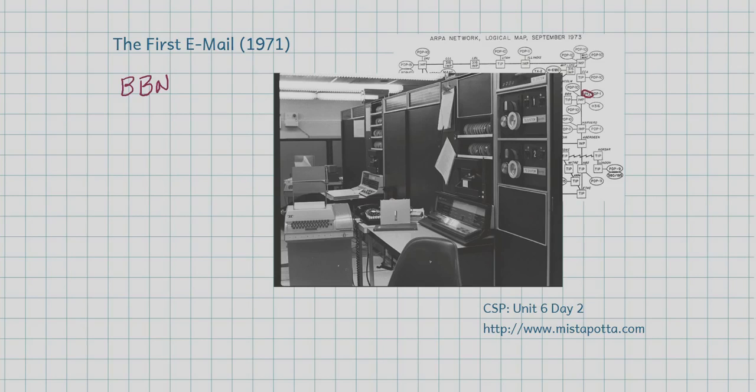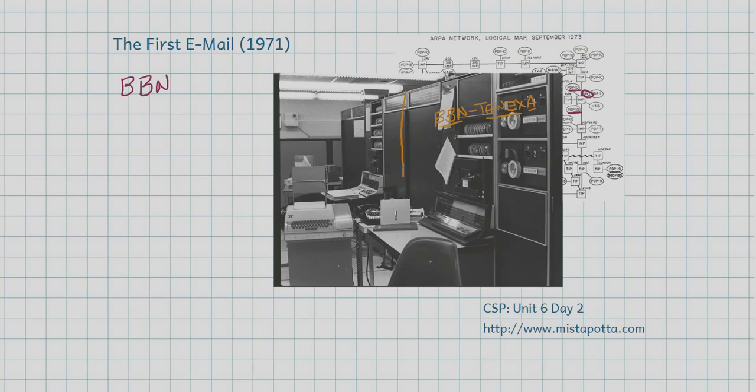Now, you can see BBN is right here, and you see two computers here. These are the PDP-10 computers. These were one of the mainframes that were really prevalent in the late 60s and early 70s, and it's a picture of them right here. So this computer in front is called BBN-10X-A. BBN by the name of the company, hyphen 10X is the name of the operating system, and it's called A because it's one of two PDP-10s that are running the 10X operating system.